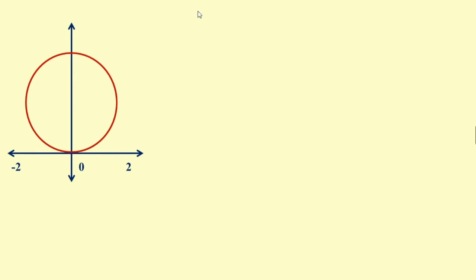Now we are using the polar form. Double integral r dr d theta. Here the circle lies above the x-axis, above the initial line theta equal to 0. This is the standard form of the circle, r equal to a sin theta. Here this is 0, this is the point 2, this is the point 4. So the given circle is r equal to 4 sin theta.